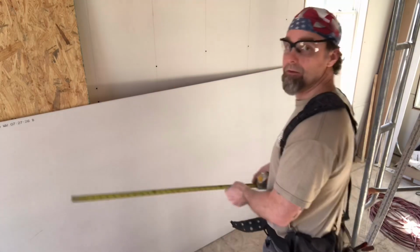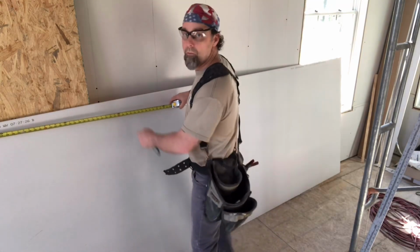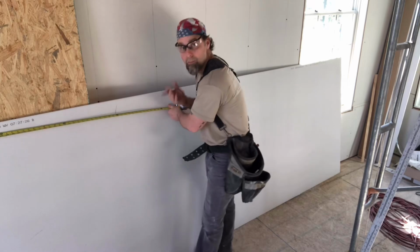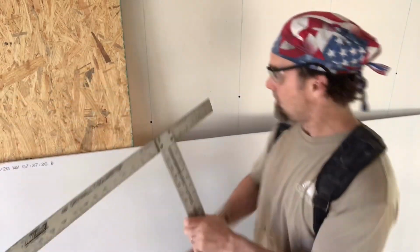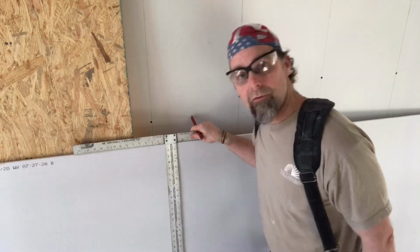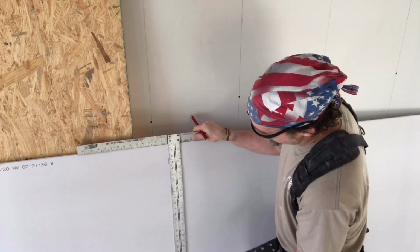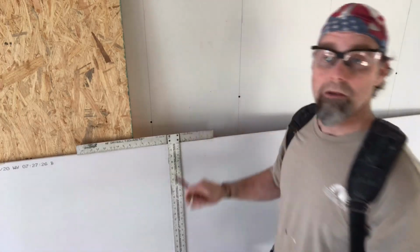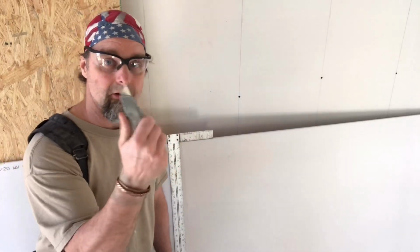So let's say that we need a piece of drywall 4 feet wide by 3 feet. So what we're going to do is measure down the length of this piece of drywall 3 feet. We'll put our mark, just a simple crow's foot. Then we're going to take our drywall T-square, set it flush on the top of the sheet, line up one of the edges of the square with our mark, utility knife time,